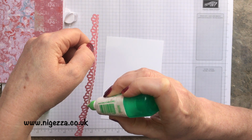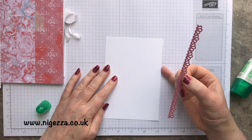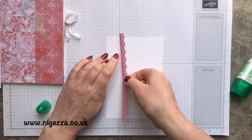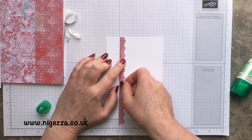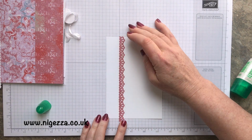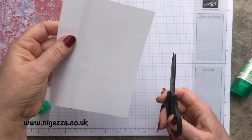I don't bother with the rest of the lacey bits, I just do it in that sort of straight line there, and that's generally enough. I've never known that not be enough. So lining it up, I've made it slightly longer than I want. There we go. So that I can turn it round on the other side and snip the edges so that they are